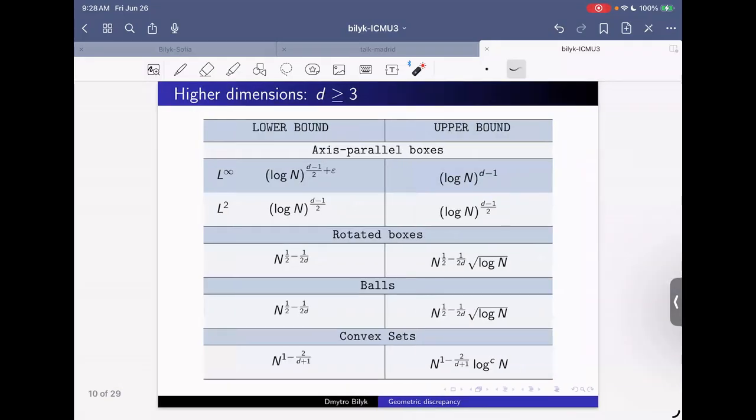Again, you've seen this before. All these bounds are generalized to higher dimensions. We'll do them in dimension 2. So the bounds that I'm talking about today, there is no difficulty in these cases in going from 2 dimensions to d dimensions. For axis parallel boxes, as we discussed in this extremal case, it's quite difficult. So there is at least relatively a big gap, and we don't even know what the right conjecture is. But this problem is very delicate because your optimal discrepancy is logarithmic in n, so it's